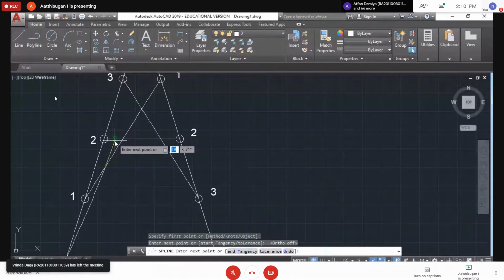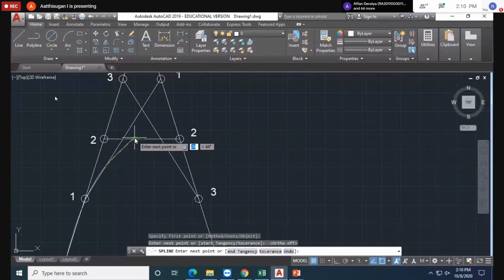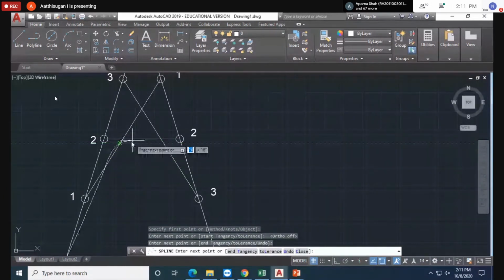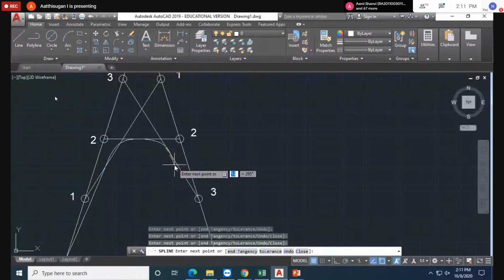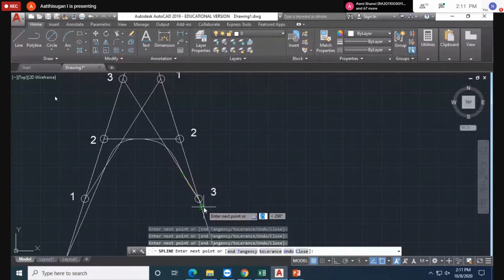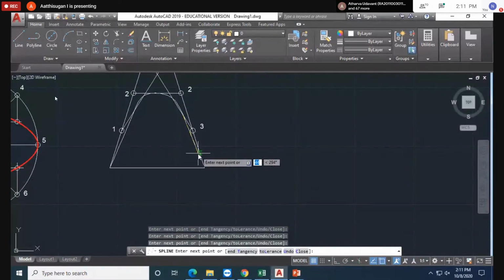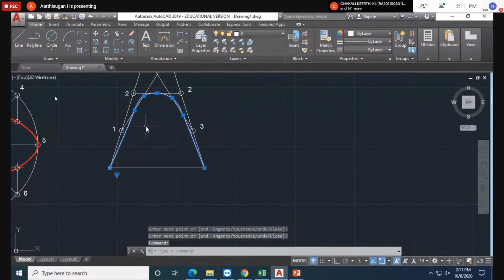Now second, 2 2 is crossing here. So along with the 2 2, imagine some direction along with the 2 2, the center point, and then again 3 3 is coming. So along this, tangent to 3 3. 2 to 3, T. Then click here, move the cursor down, press enter. Now I did only 3 points. If we divide into n number of points, we get the exact parabola shape.